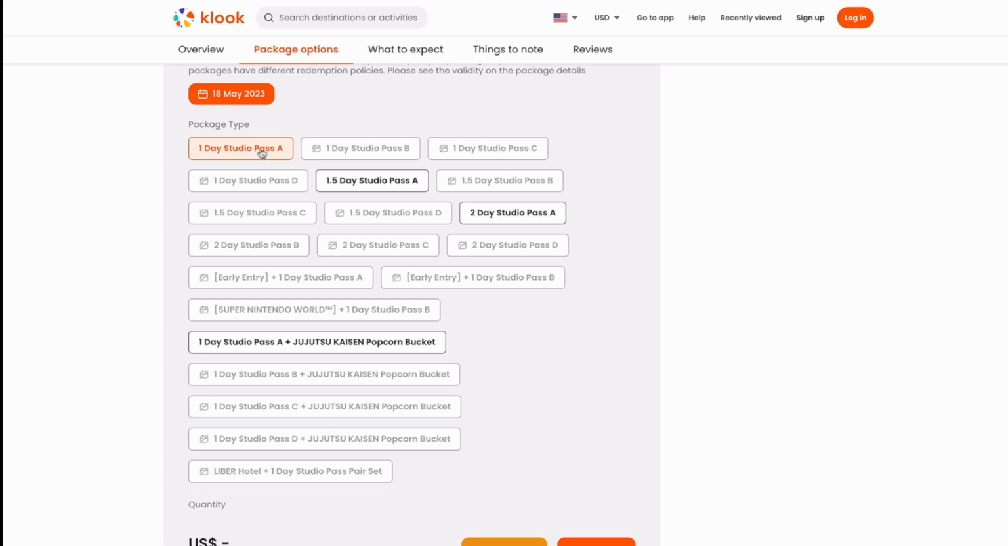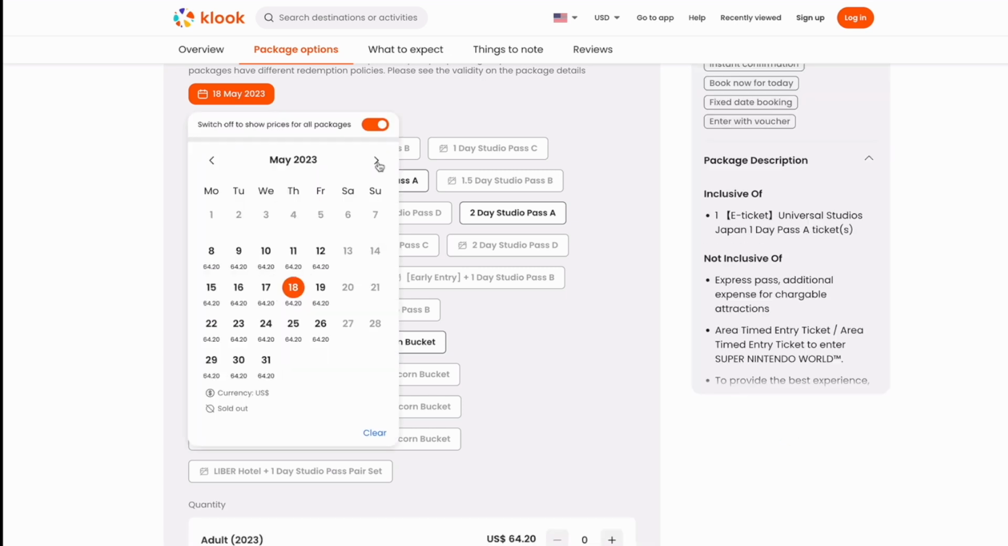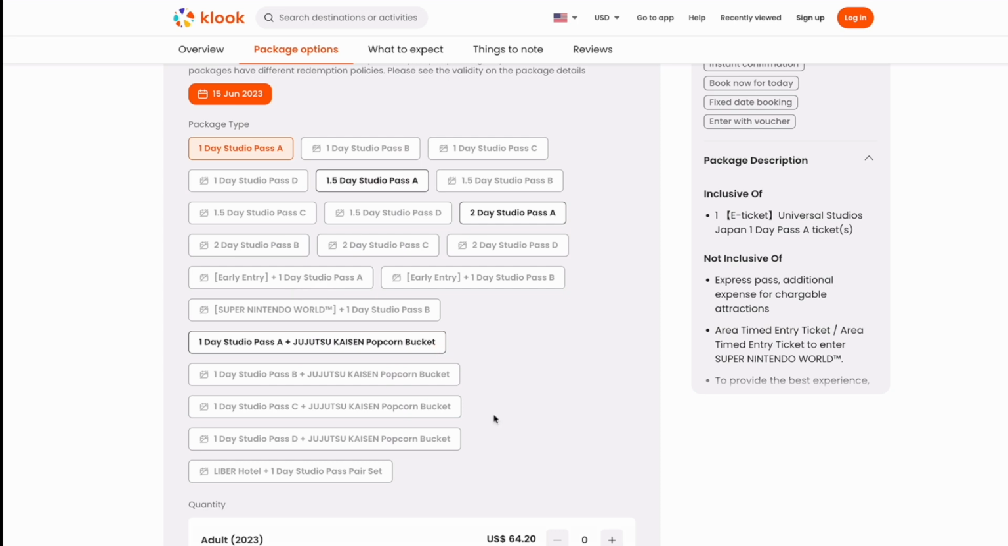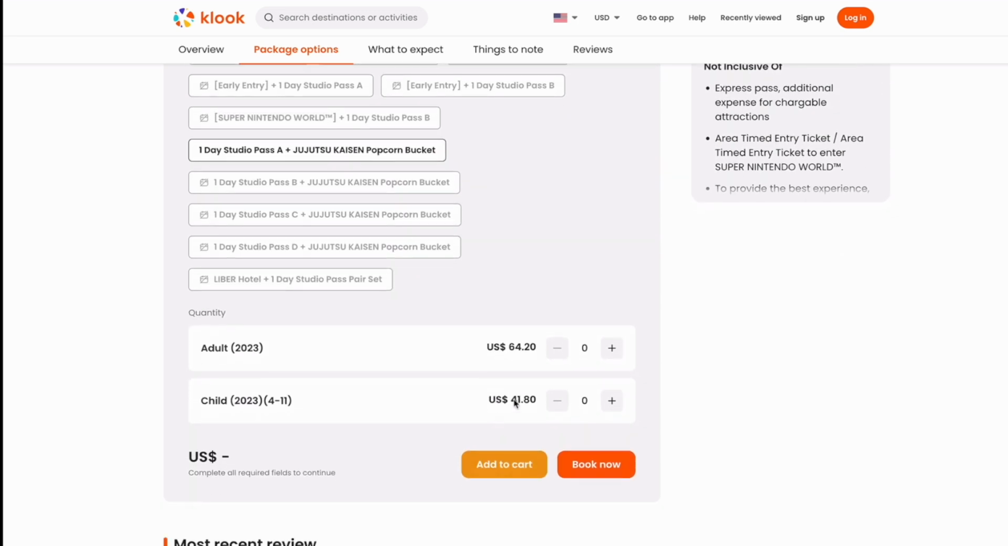I have that selected, and then I'm going to select my date on the calendar, put it for a Thursday in June. When I come down below, I can now select the quantity for adults and children. So I'm going to put for 2 adults and for 2 children, and then I can go ahead and hit book now. If you don't already have a Klook account, at this point you will need to sign up for